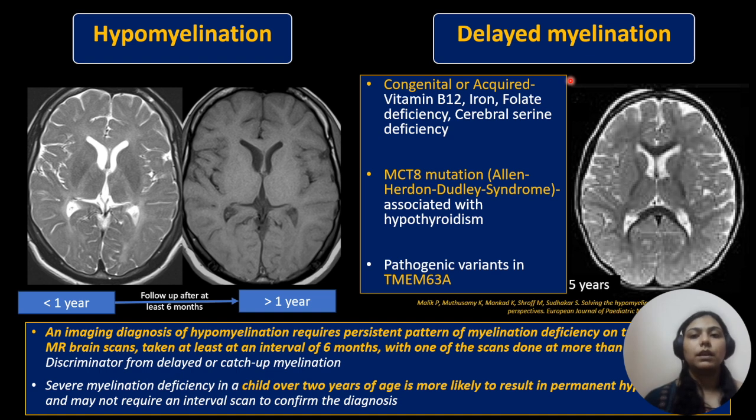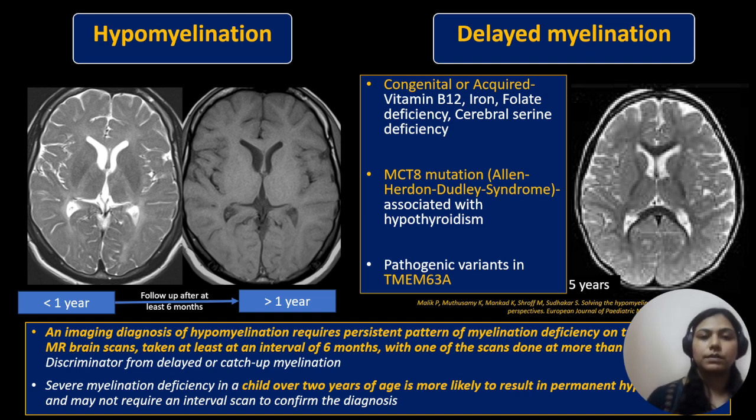and can be caused by various congenital or acquired deficiencies of vitamin B12, iron, folate deficiency, or it can be associated with hypothyroidism as in MCT8 mutation. So it is important to recognize delayed myelination because many of these causes can be treatable and can be helpful to the patient. However, in a child over 2 years of age, if there is a severe myelin deficiency, it is more likely to result in permanent hypomyelination, and in such cases, we may not require an interval scan to